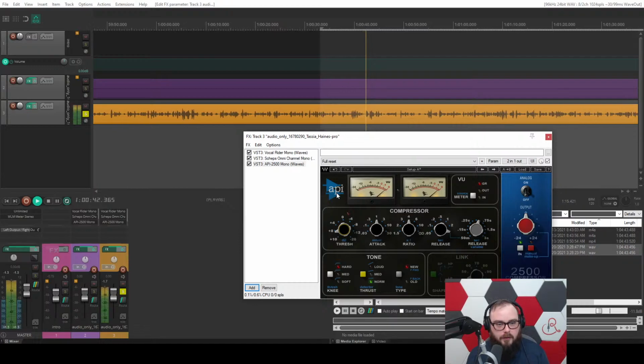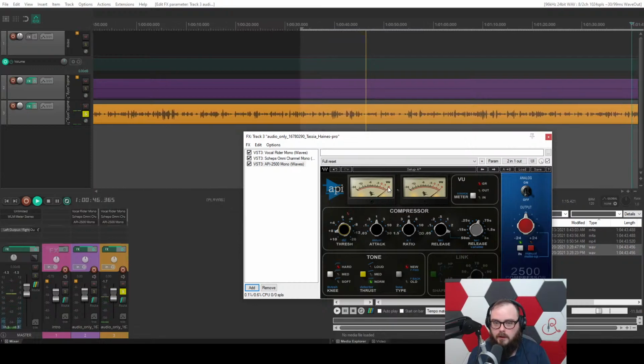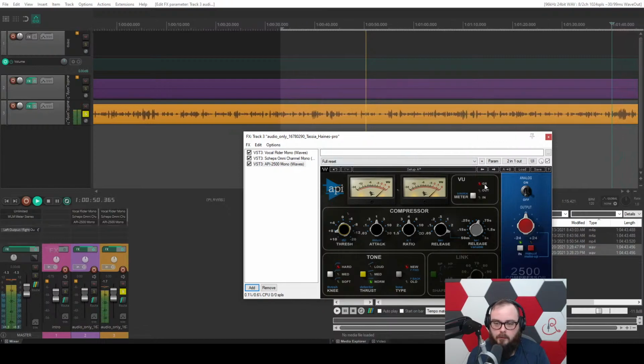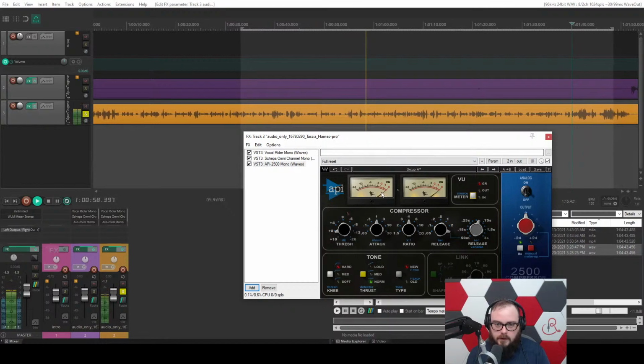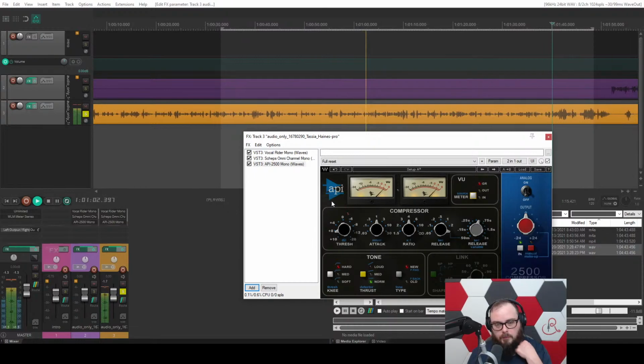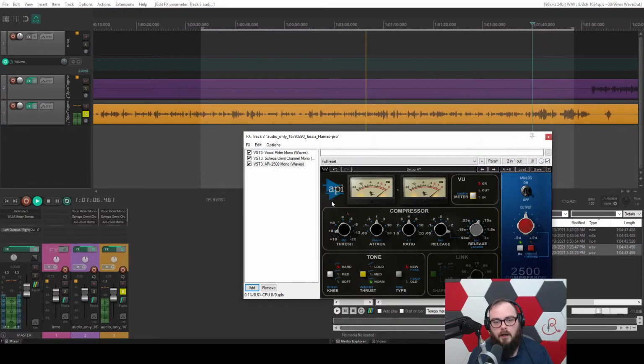This is the Waves API 2500. This is the meter, is what these show. So right now it's on GR, which is gain reduction. I can do output, input, or gain reduction. And I want to make sure that on the quieter parts, this needle is barely moving, but on the louder parts, it doesn't go above like -3, -5,